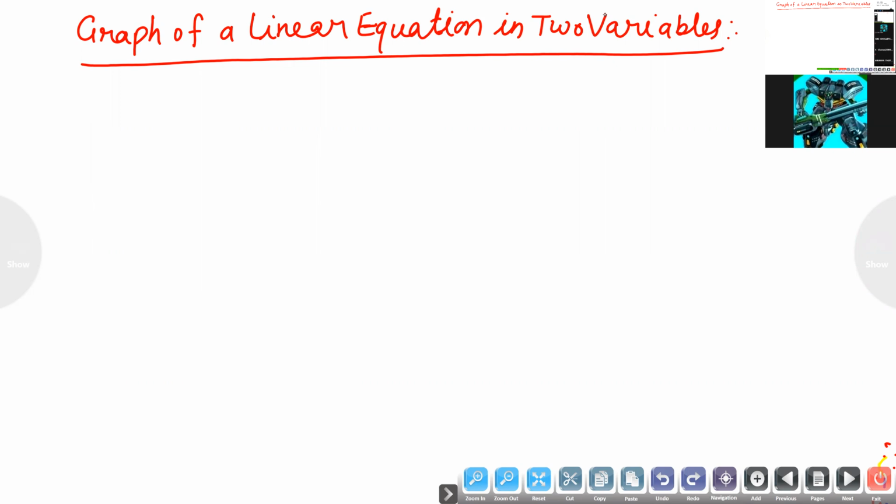Again, listen students, already you have learned how to plot the graph of a given equation. Previously we have learned how to plot the graph if there was only one variable. Today in class I am going to explain how to plot the graph if a linear equation in two variables is given. First concept: if I am plotting any graph, I first want to draw the axes, x-axis and y-axis. The x-axis will be horizontal and the y-axis will be vertical. After that, we want to plot the graphs. After plotting, you can mention the scale at the right side corner.